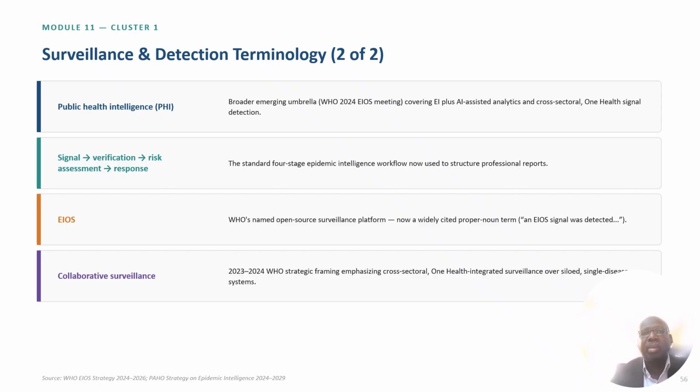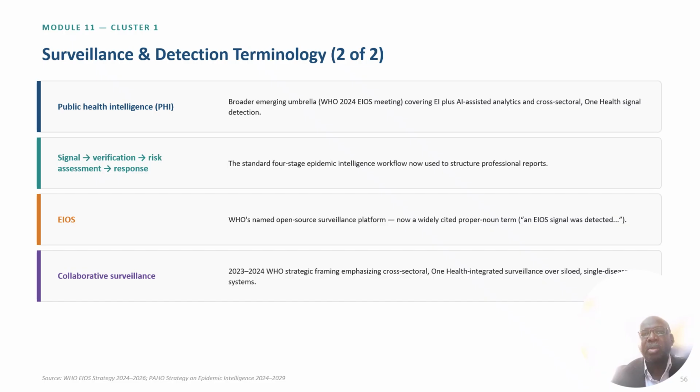Public health intelligence, what does it mean? It means surveillance systems or detection of the disease, verification, risk assessment, and response. Thus, we are also describing surveillance and detections. I'm putting these here because you might find these terminologies, and I don't want them to take you away from understanding the main purpose. Whenever you find these terminologies, it is exactly surveillance and detection in a modern and sophisticated way.